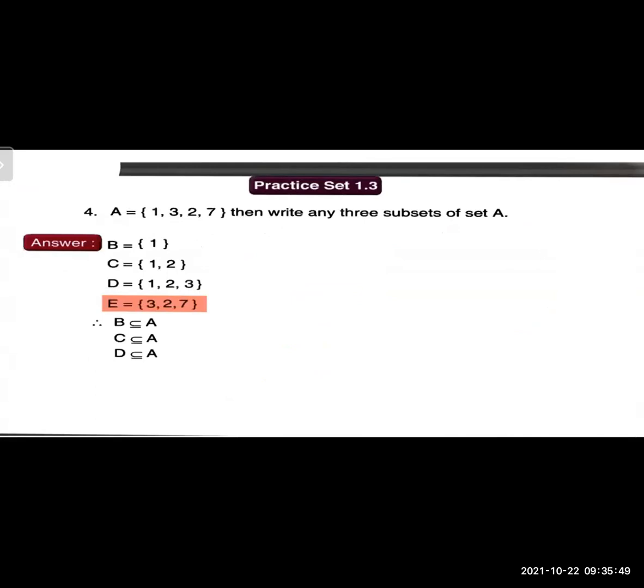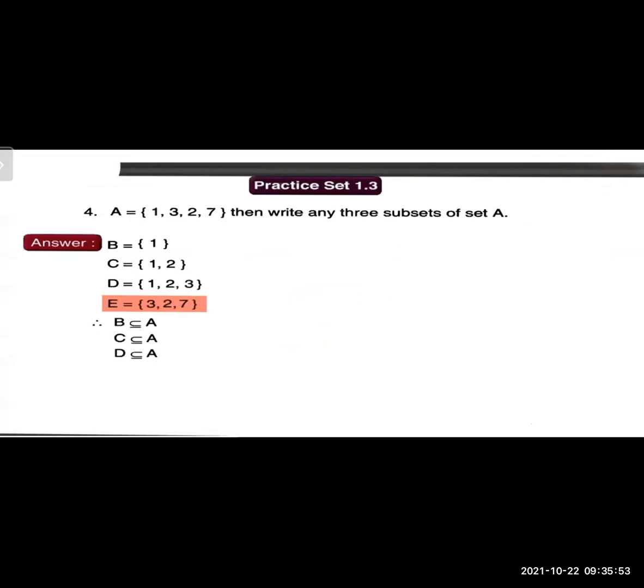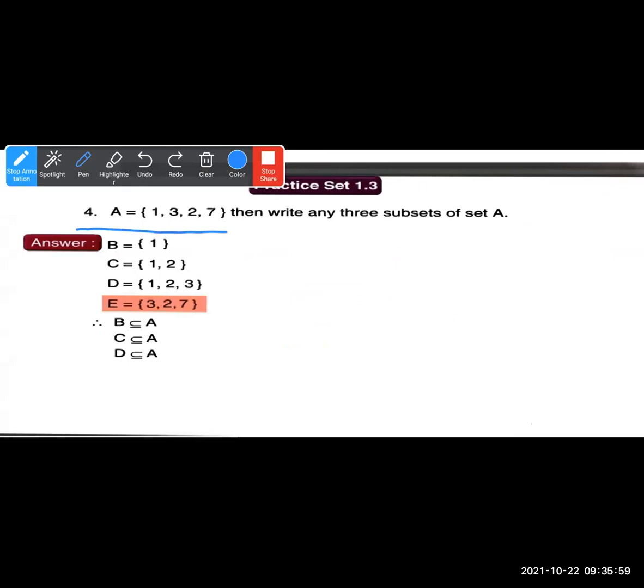Let's see question number 4. A is given as 1, 3, 2, 7. Write any three subsets of set A. This is a very simple question. You can take any elements: 1, 3 as B, 1, 2 as C, 1, 2, 3 as D. Here an example is given: B is equal to the singleton set 1, C is equal to 1, 2.